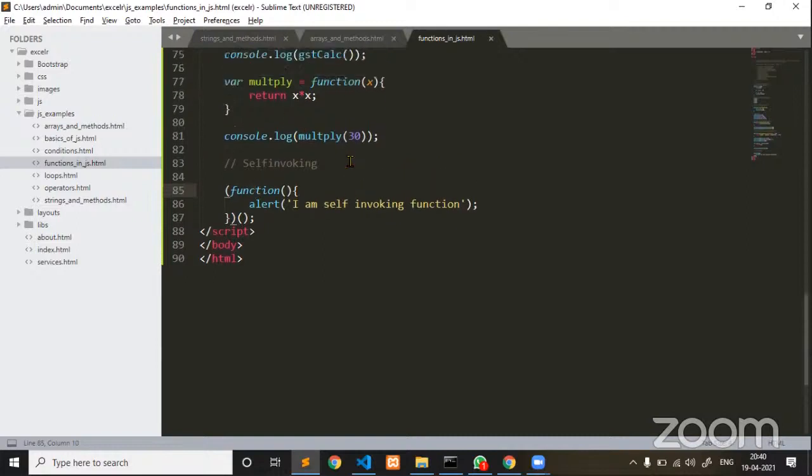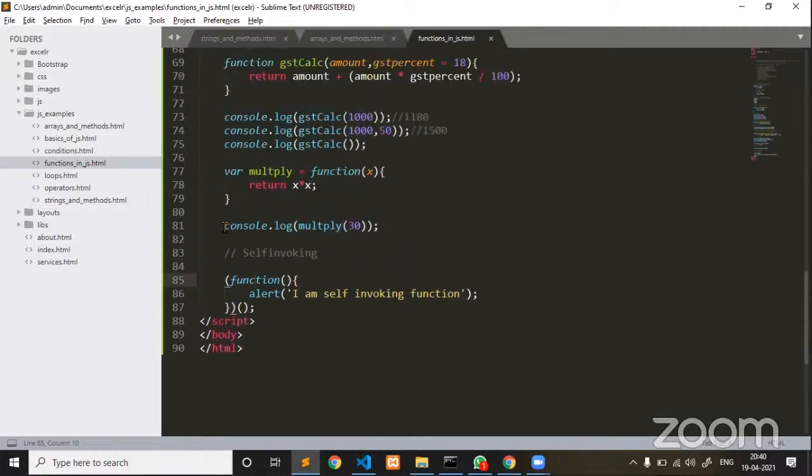If you ask me about nested functions, I have already used them in many places. Console is a predefined object, log is a method. For this log method, again I have used one more function called multiply. You see here, the multiply method, whatever it returns, it gives that return value as a parameter to your log method. Got my point? If you are calling one function inside another function, that is called nested.